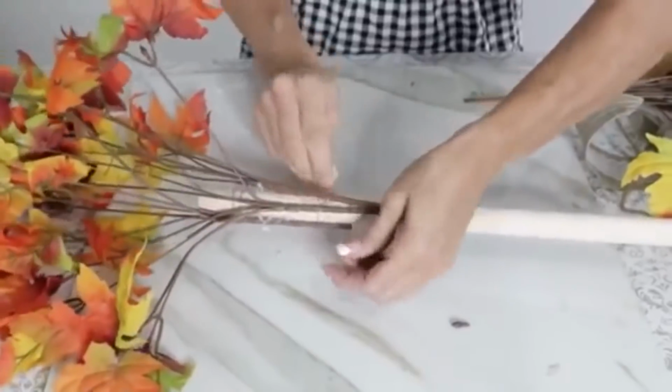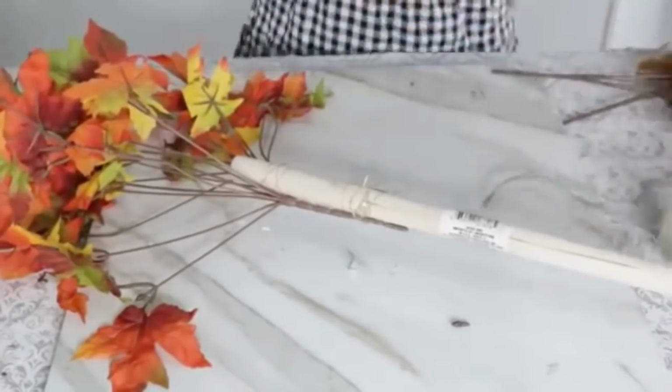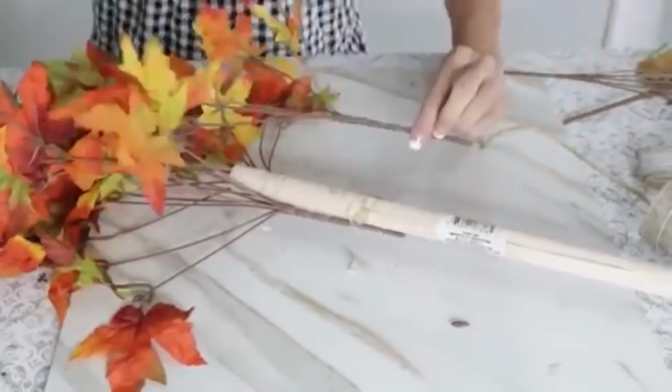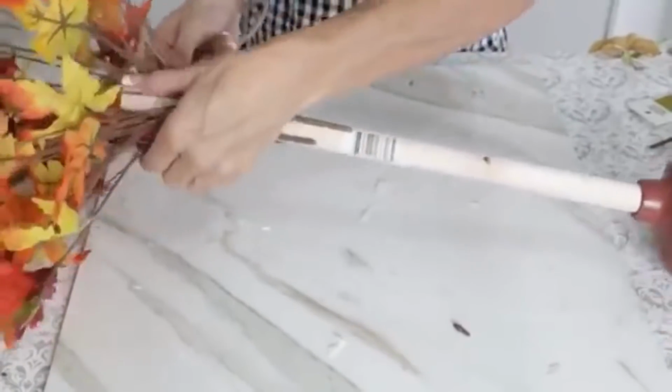I also kept most of mine towards the top, and I believe I used about 6 to 7 bundles, and you kind of turn your plunger once you get one side full and then continue to hot glue and add more of them. And again, just however full you want your tree to look is what you'll want to go for. I didn't go all the way down the tree. I just kept them mainly at the top, and then I kind of parted the top part of the tree,